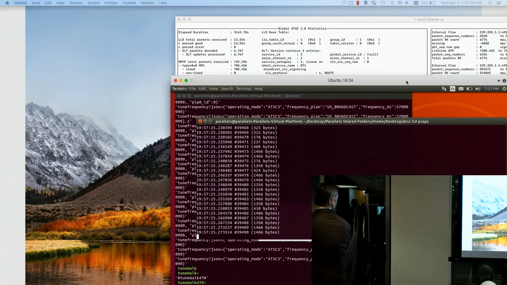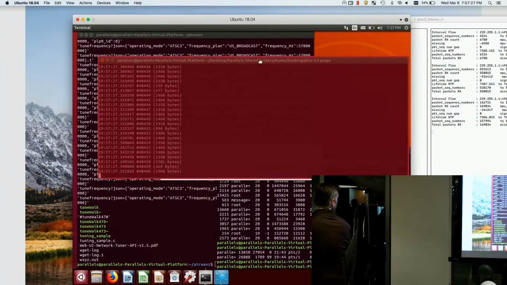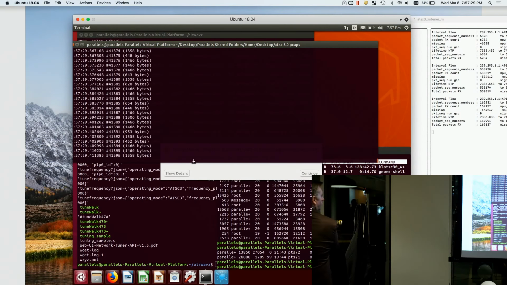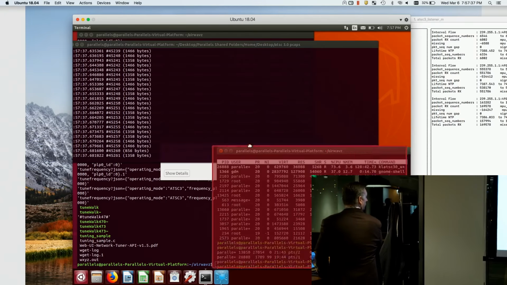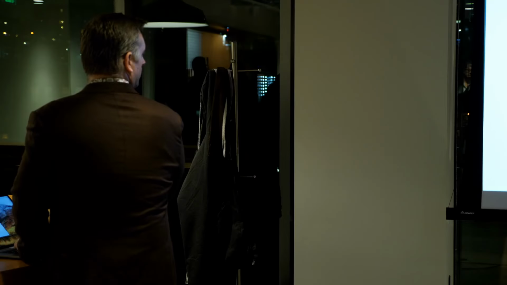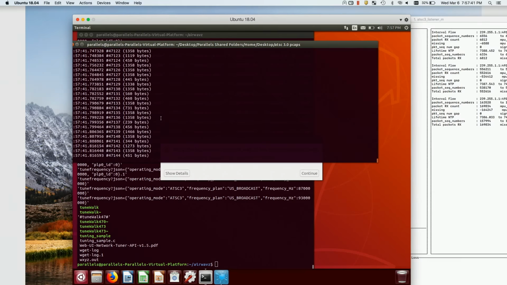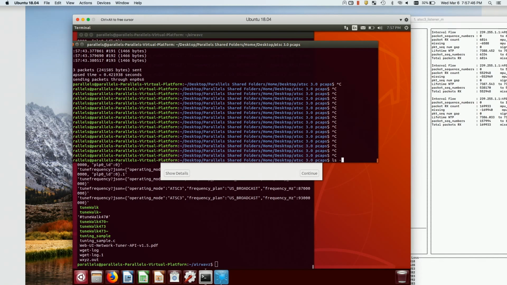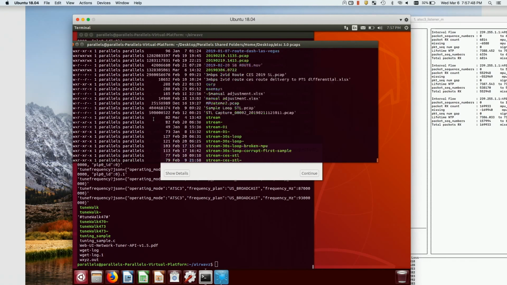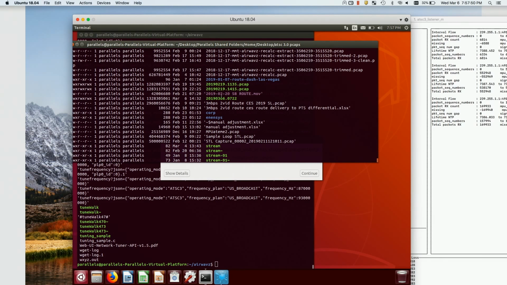And essentially, I am just replaying this PCAP here. Again, I've got samples from a few different events, and these are just a few steps to be able to replay essentially what would be a forward transmission here. So for this file, if I wanted to play something else back, I've got a set of data from when I was in Santa Barbara a couple weeks ago, so I can pick this one up.